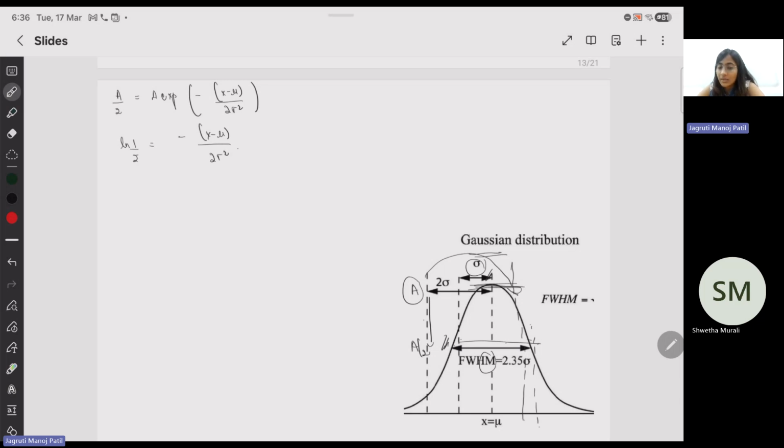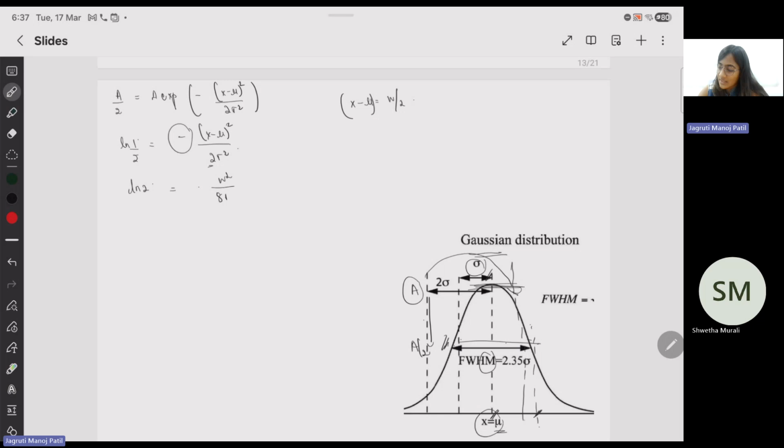Now we know what x minus mu is. Say x is mu and this is the x bar we're looking at. So x minus mu is nothing but the half width, and this is squared. Let W be the width of the data set here. Taking ln 2, you'll have a minus sign that gets cancelled by the minus sign right here, and this is the whole square. So this becomes W square by 4, and the 4 goes down.